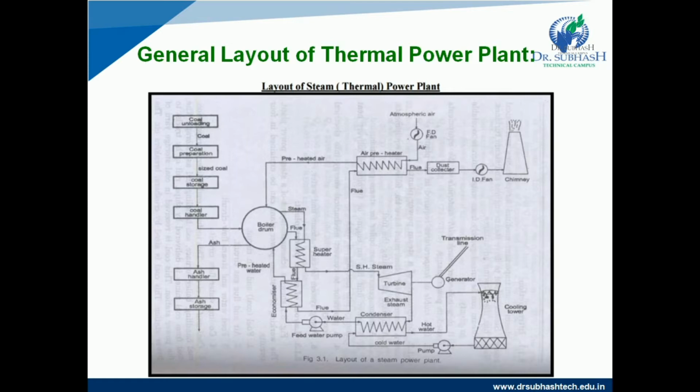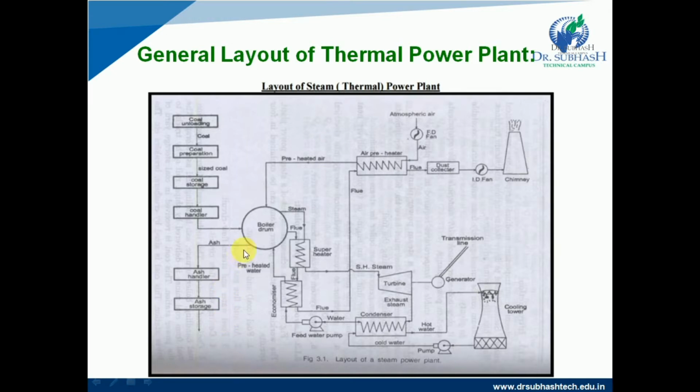This is the coal. Now the boiler: the mixture of pulverized coal and air, or we can say preheated air, is taken into the boiler and then burnt in the combustion zone. On ignition of the fuel, a large fireball is formed at the center of the boiler, and a large amount of heat energy is radiated from it. The heat energy is utilized to convert the water into steam at high temperature and pressure.